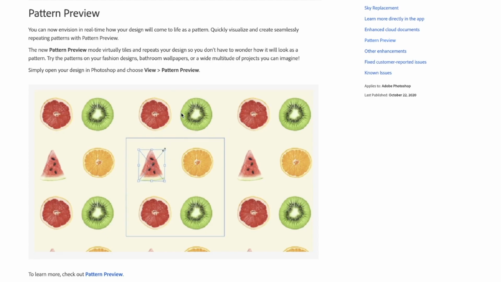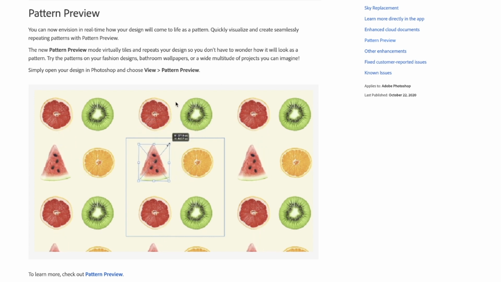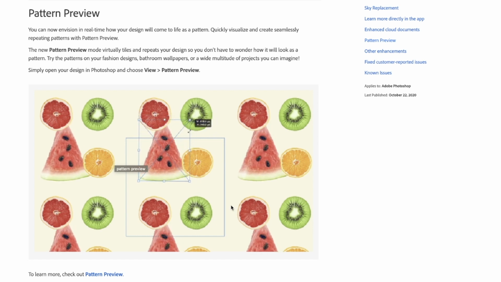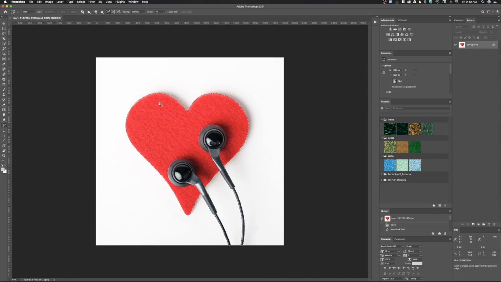You can see right here, this is inside their information for the new release. I'm not going to go in this because I don't use patterns ever. There is a new pattern preview where it helps you to make your own patterns and connect them so that they're seamless, or it allows you as you adjust it to see what the pattern is going to look like inside of the program. The last thing we're going to take a look at is content aware fill,